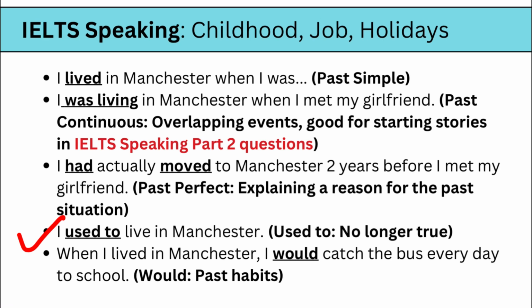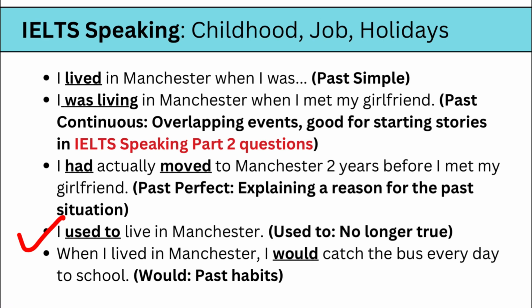Next we have used to, which is used to describe past habits or states that are no longer true. For example, कोई बचपन में चीज़ें आप करते थे वो अब नहीं करते. I used to eat breakfast every morning but I now skip it. So I used to live in Manchester. I used to eat chocolates but अभी नहीं वो मैं करता. No longer true. So you can use used to in order to describe your past habits जो अब true नहीं